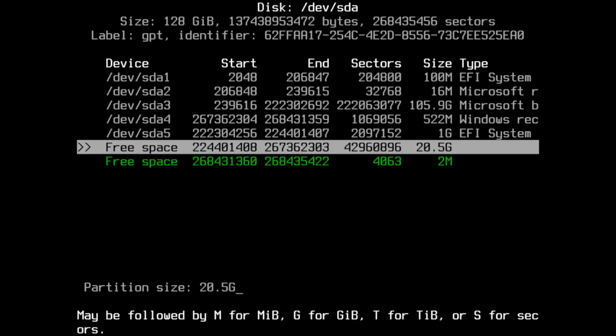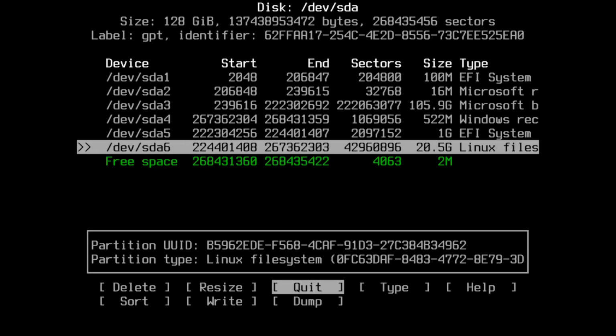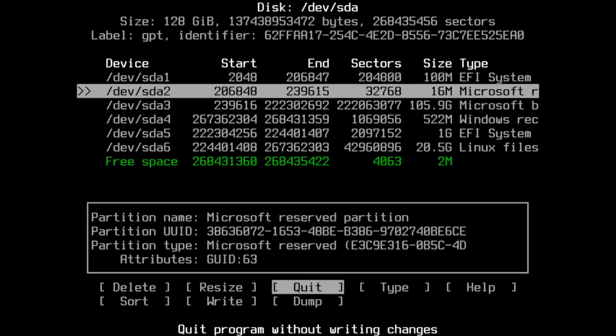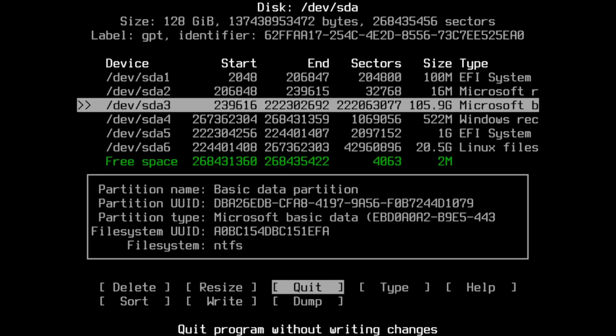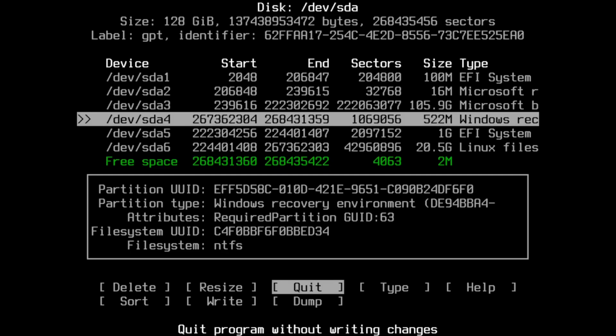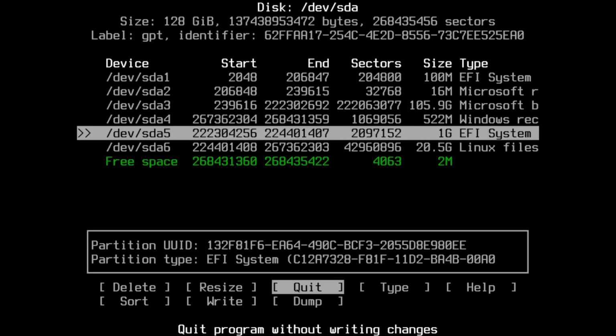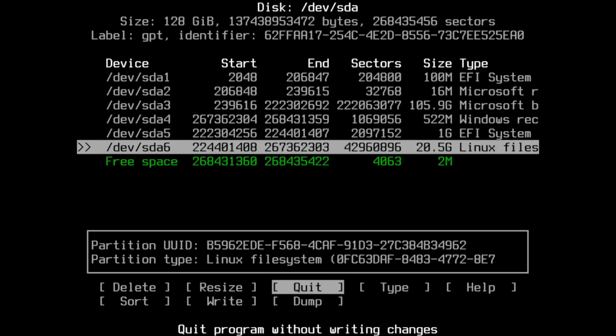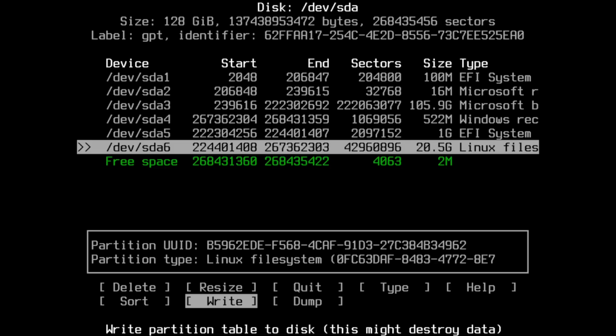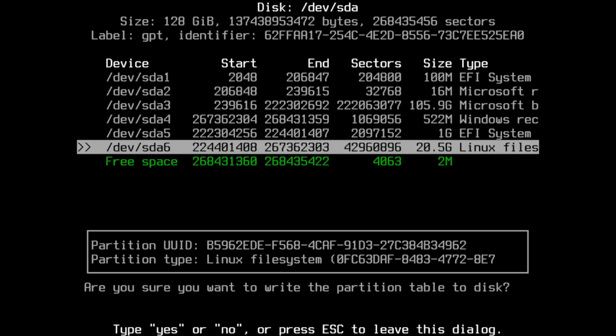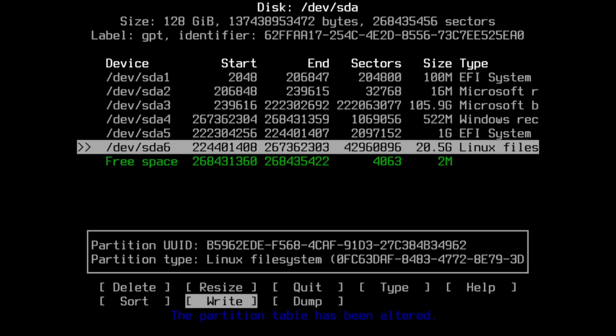I'm going to click on new, and it says 20.5 gigabytes, and I click on it, and it says Linux files. Okay, we have 100 megs for EFI system, 16 meg for Microsoft, 105 gig for my Windows installation, 522 megabytes Windows recovery, 1 gig EFI for my boot into Arch Linux, and 20.5 gigabytes for my Arch Linux installation. So everything looks good. So I'm going to use my arrow keys to go down to write. I'm going to click on write, and I'm going to type in yes. I'm going to hit enter, and